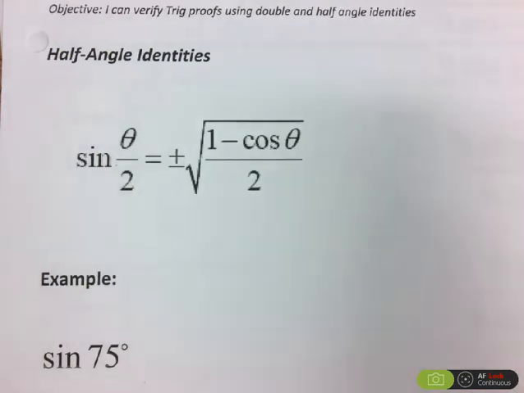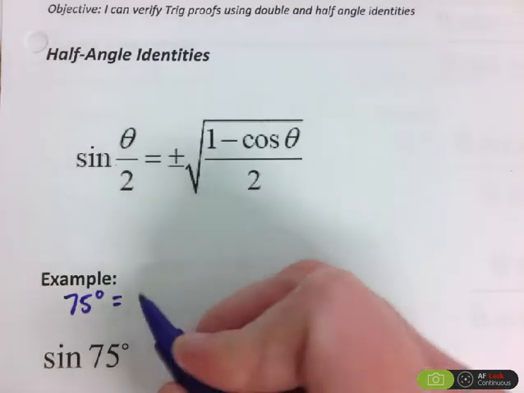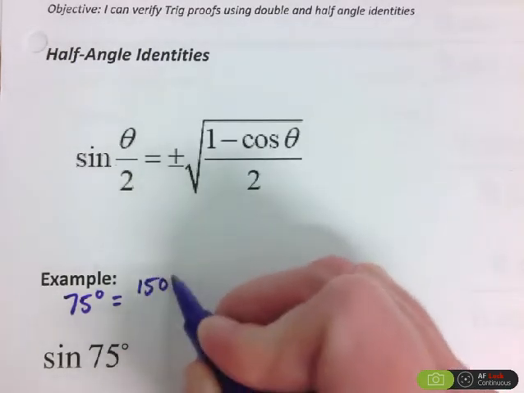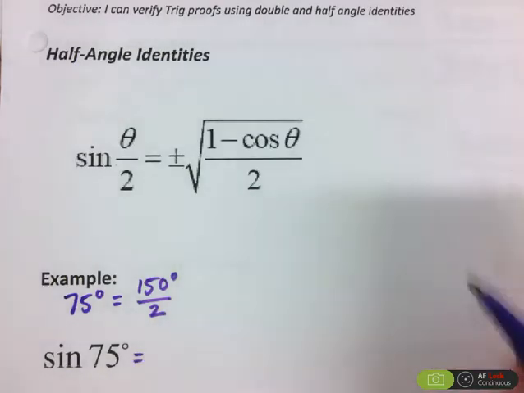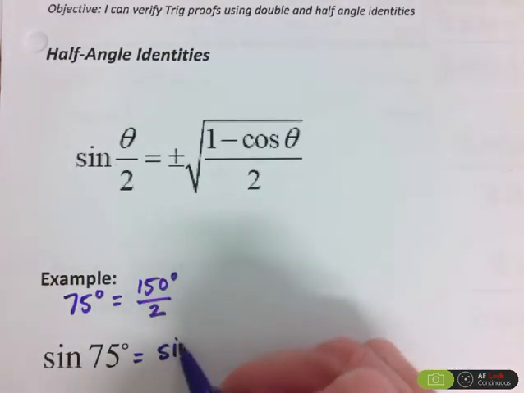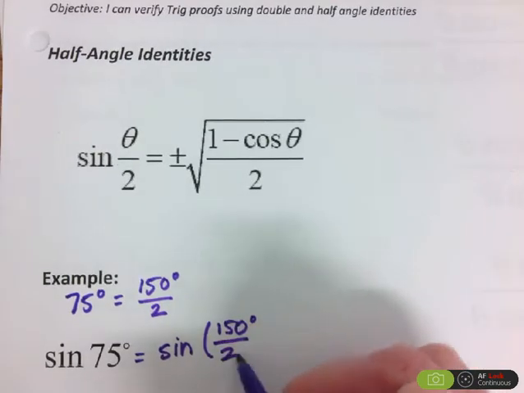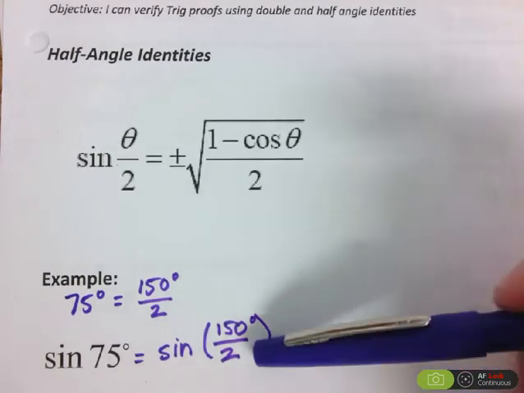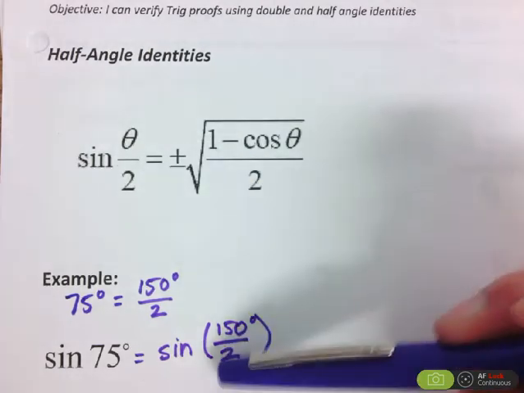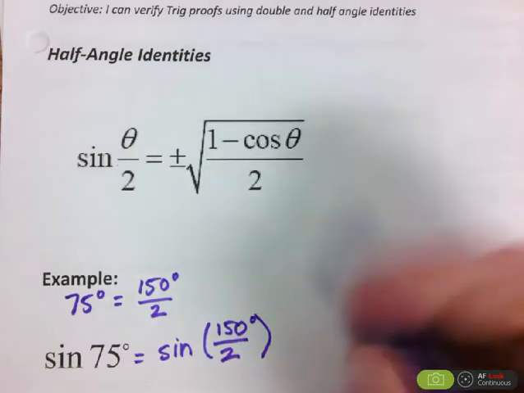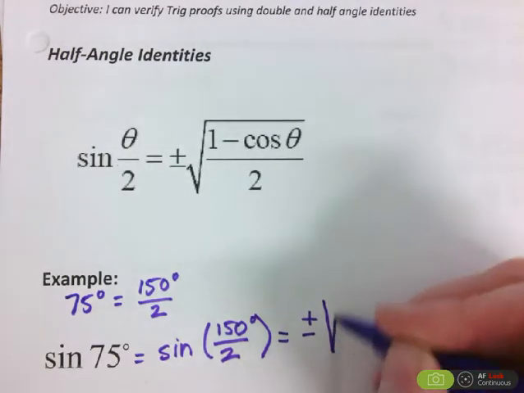So up here, let's just write that thought down. 75 degrees is equal to 150 divided by 2. So I can rewrite sine 75 as sine 150 over 2. And now this looks like my half angle formula, so I can change it from the left side to the right side. So I have a plus or minus, big square root,